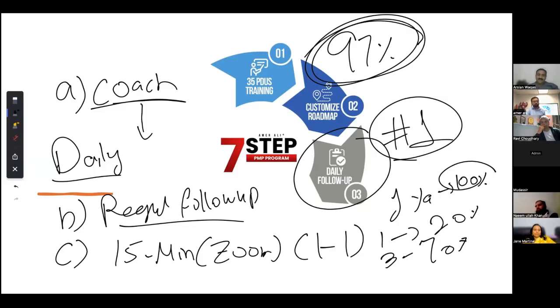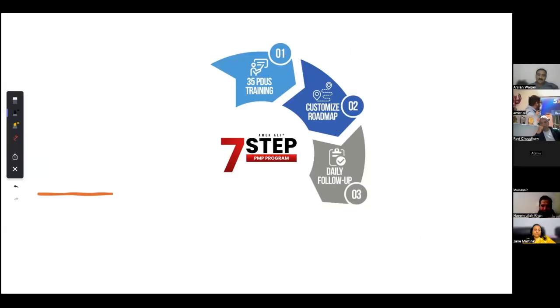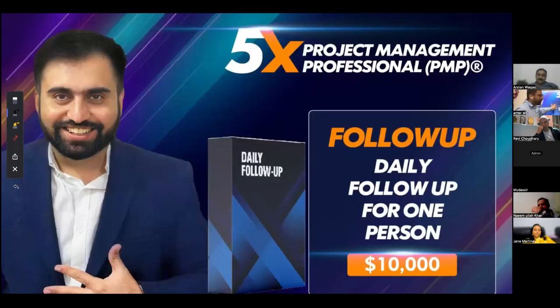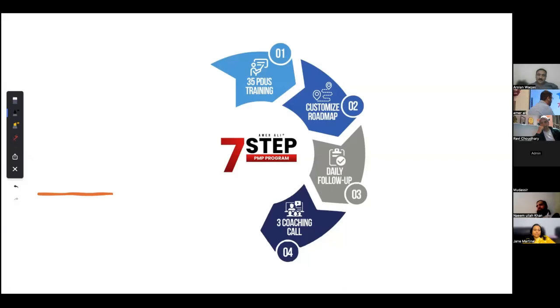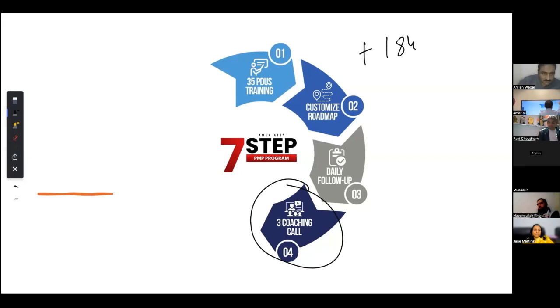Customized roadmap, daily follow-up. If that is not enough for you, this is one question answer session. This alone is more than $10,000. Every week, we do 4 question answer sessions. Batch one, starting from today, how to buy books. Aslam, message me later on my number, I'll tell you. Okay, this is my number for everyone.